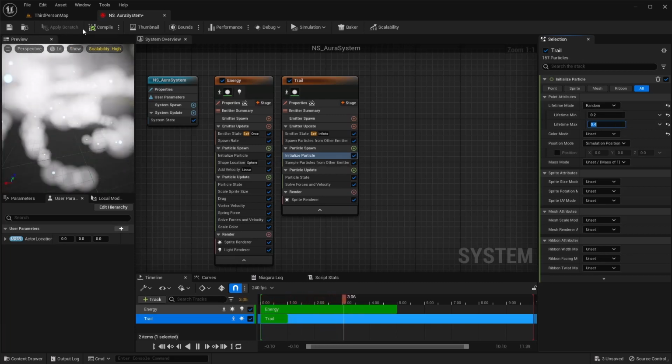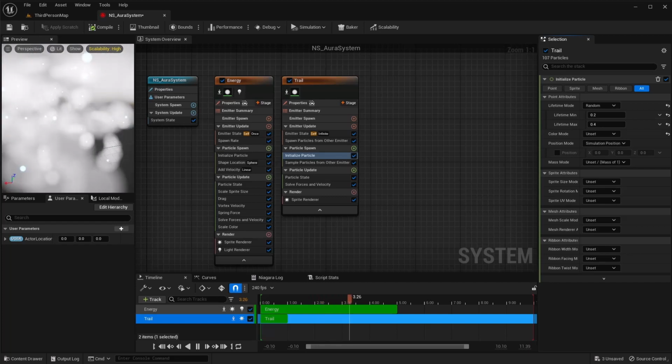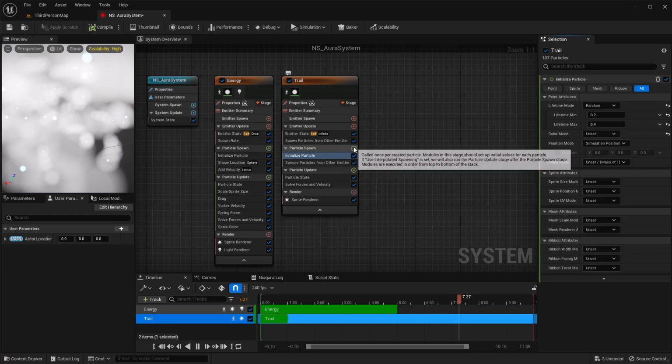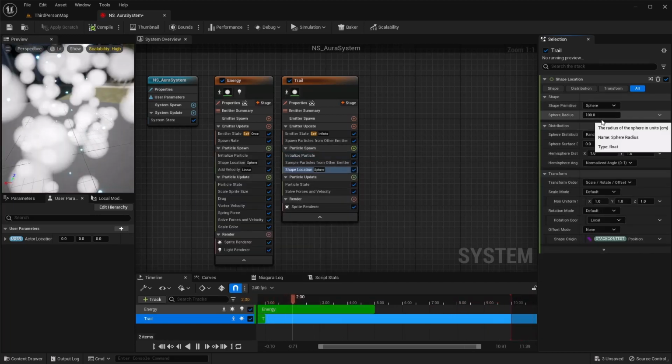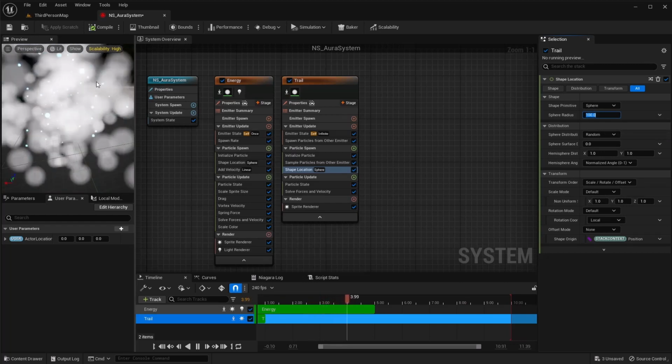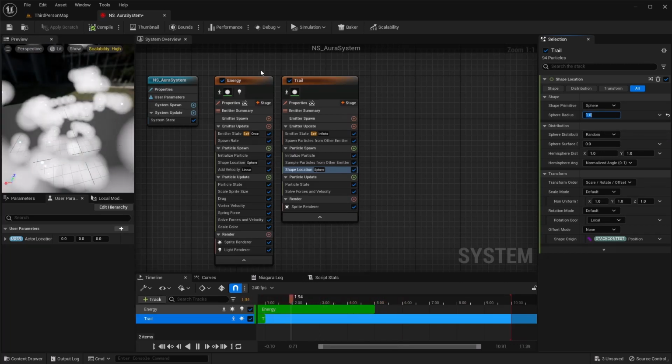So now it's a little trail. I'm going to do a shape location in here. So particle spawn, do a shape location. We're going to do the sphere, but we want this to be a tiny little sphere. So I'm just going to do maybe a 1 for the radius.